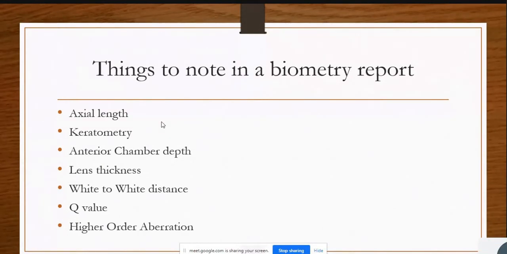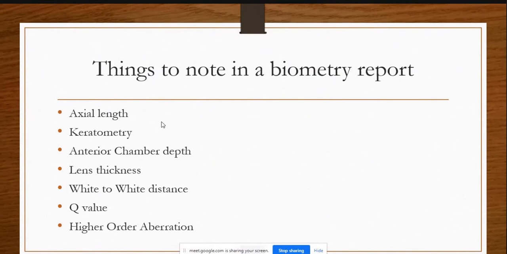While doing keratometry, you want to look for any surface disorders, because that will affect the keratometry values. But in case of a Pentacam or a topographer, even if the patient has a surface disorder, you can map the corneal surface and that will give you the entire corneal curvature. The latest versions of these biometers will give you the anterior chamber depth also.